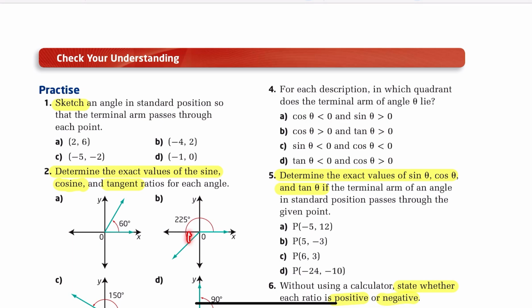So this is a 45 degree angle, and for 45 degrees, use your square rules, which is 1 here, 1 here, and you find this one will be the square root of 2. So the sine is 1 over square root of 2, and the cosine is 1 over